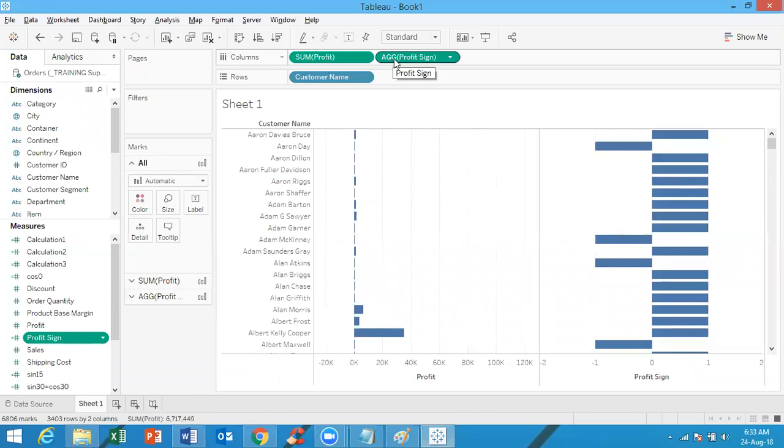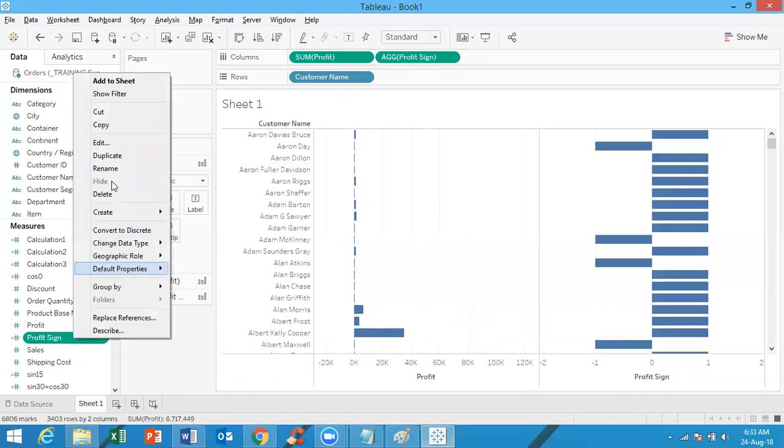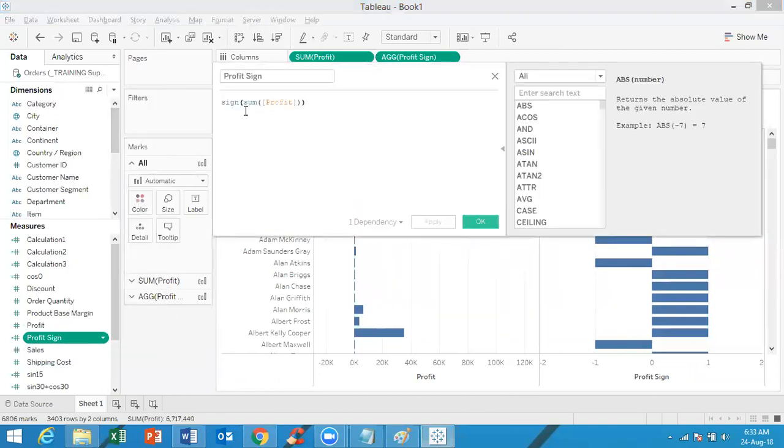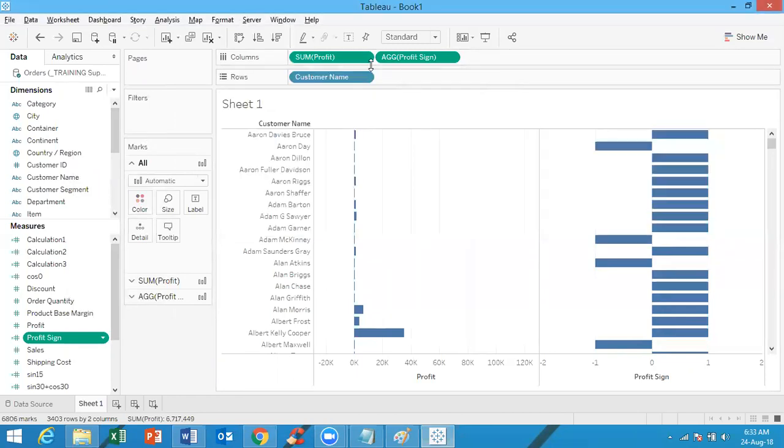That means the field is already aggregated. You cannot aggregate further. Okay. So this is the visual cue. So we can drag this profit sign into color also now,